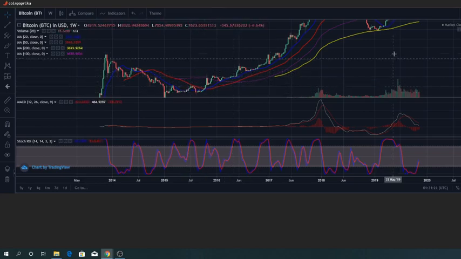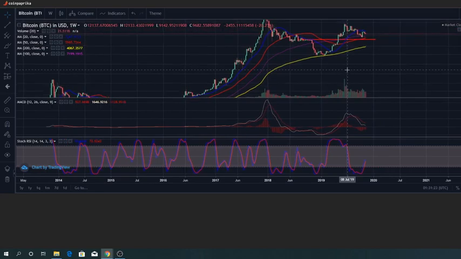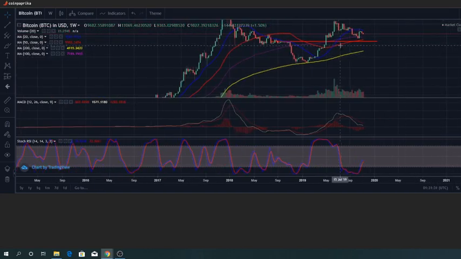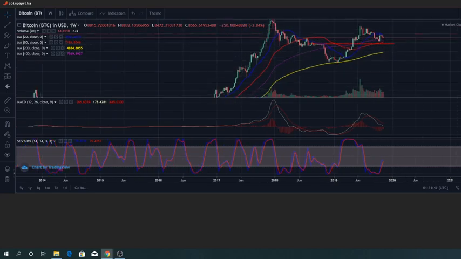Once we cross that, okay, here the case is a bit different because the price bounced from there. And currently we have both the 50 and 100-day moving averages below the price, and the 50-day moving average is looking to cross the 100-day moving average, which is in purple, 50 days in red. So once that crosses, you're getting another golden cross for Bitcoin. That's actually a positive chance to buy.